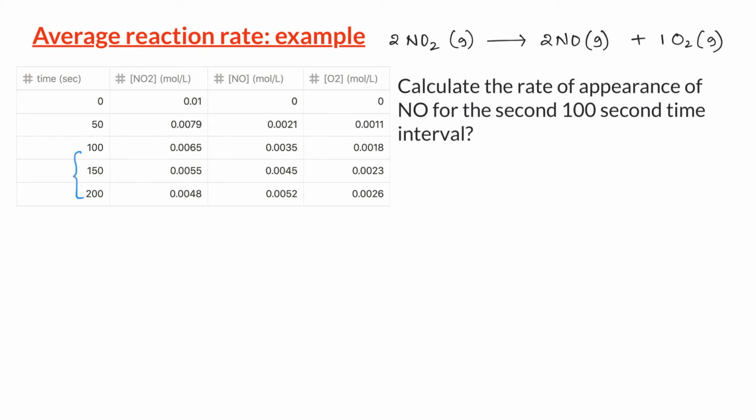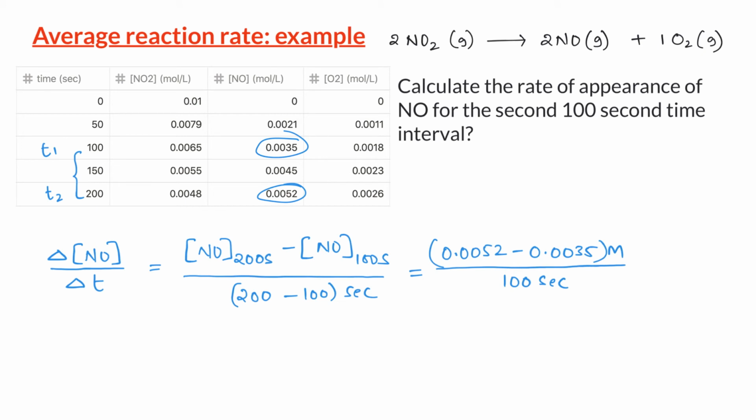For the second 100-second interval, the initial time is 100 seconds and the final time is 200 seconds. The concentration of NO at 100 seconds is 0.0035 molar. Since NO is a product, its concentration increased to 0.0052 molar at 200 seconds. Therefore, the rate of appearance of NO, that is delta concentration NO divided by delta t, is equal to